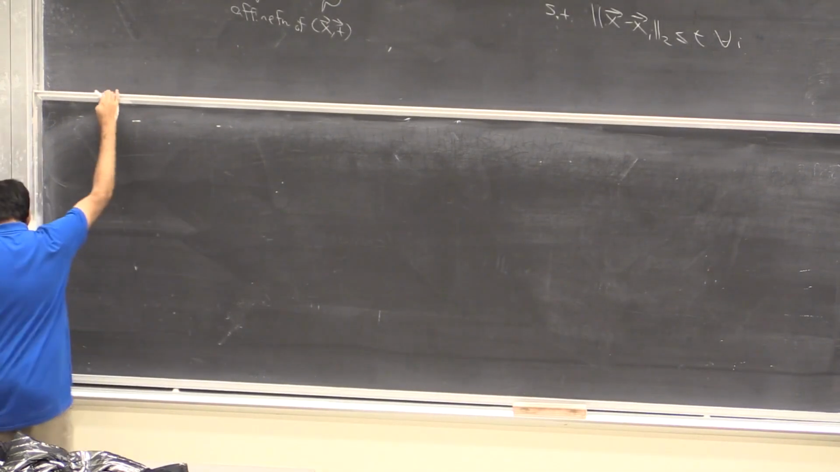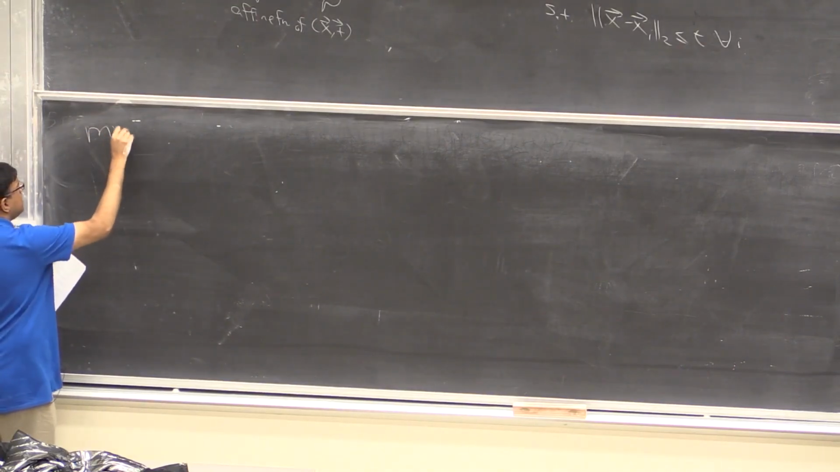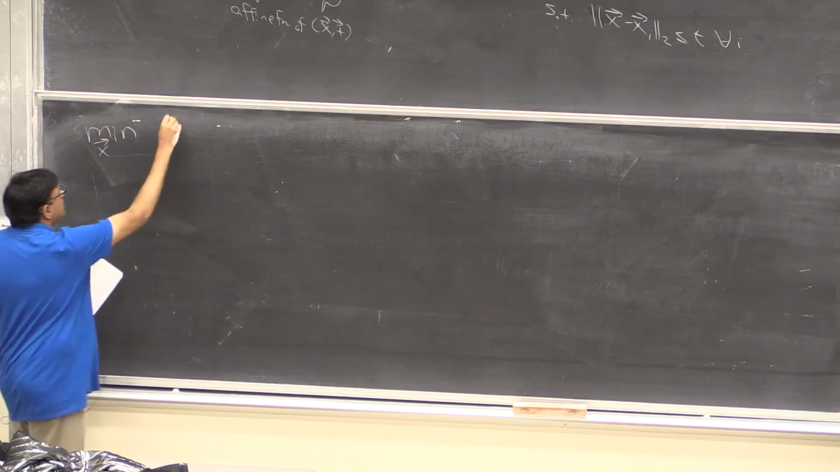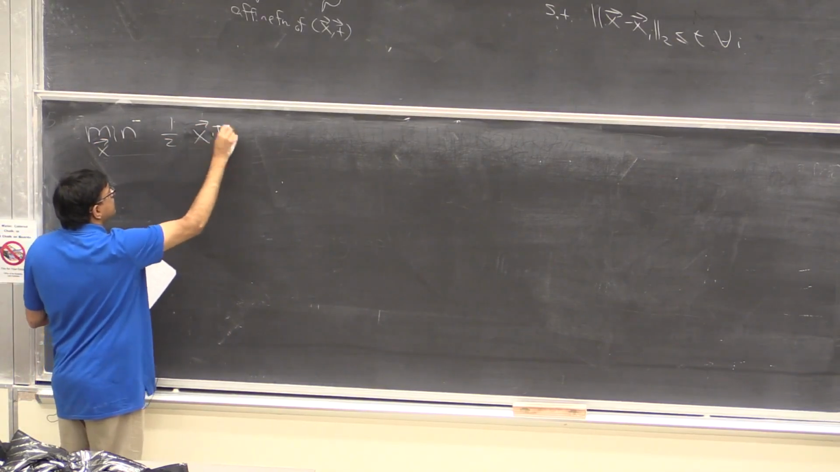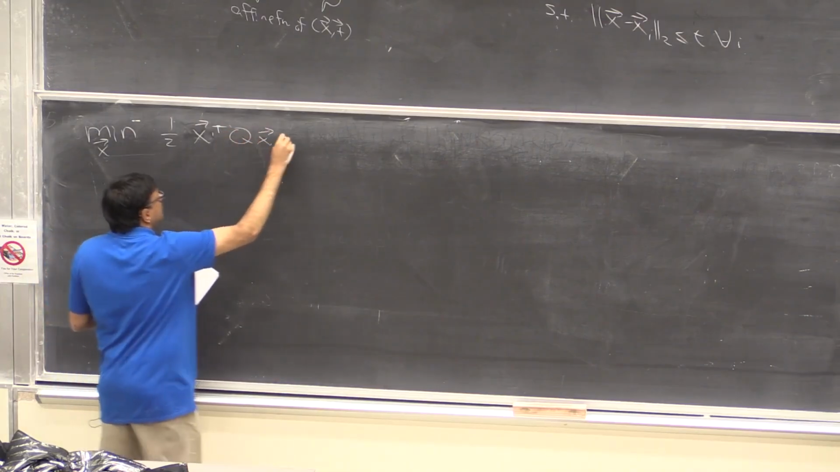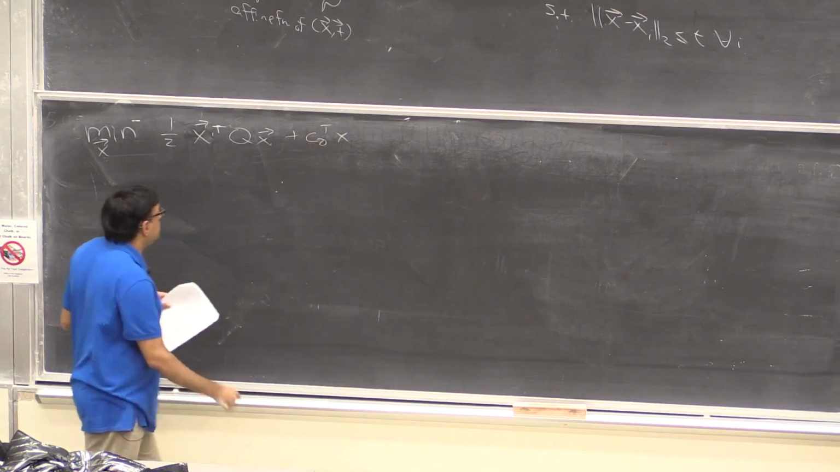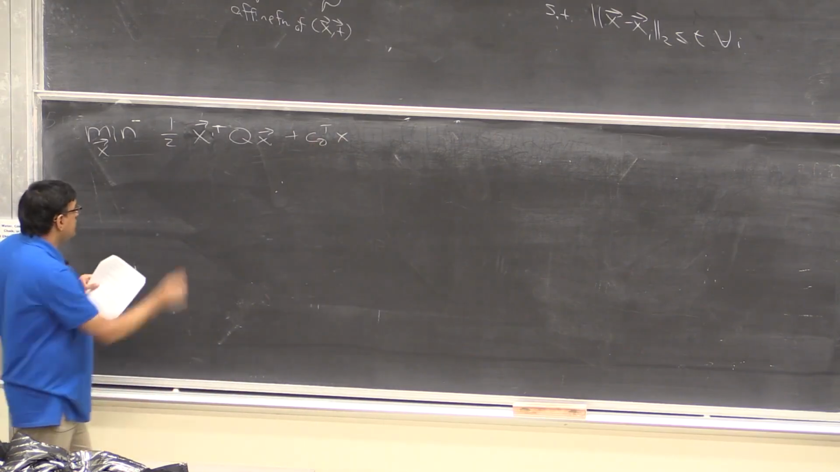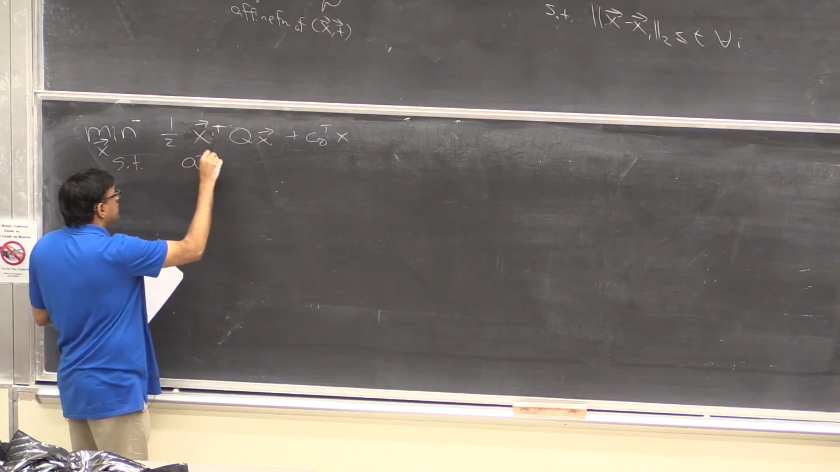Okay, so QPs. Min over x of 1/2 x transpose Q x plus c0 transpose x, subject to a_i transpose x